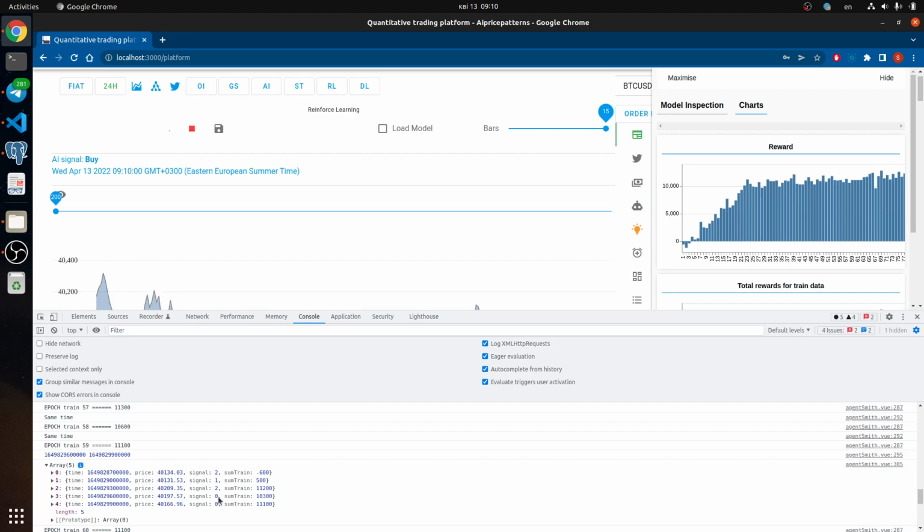It means 25 minutes. For example, in this situation, 2 means sell, 1 means hold, and 0 means a situation for buy. And I'm going to implement this data into a table